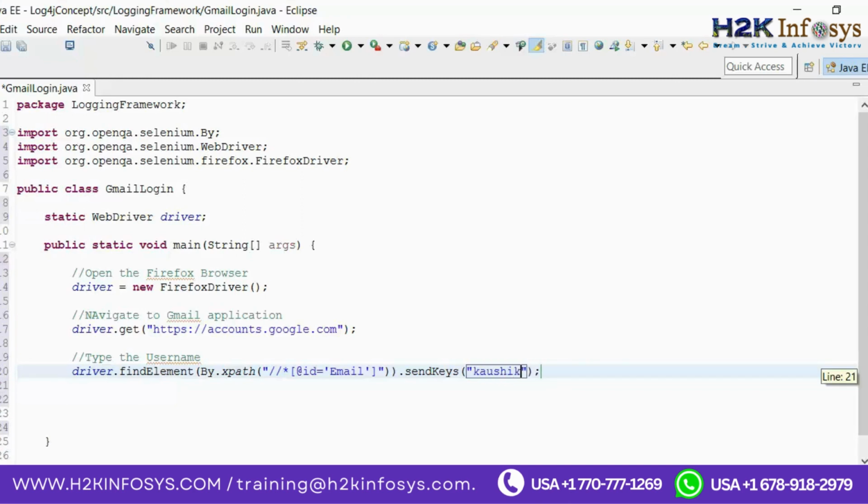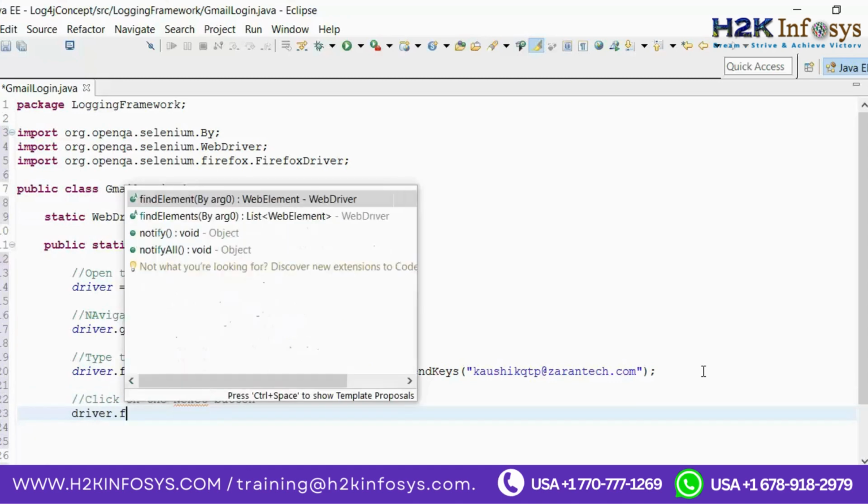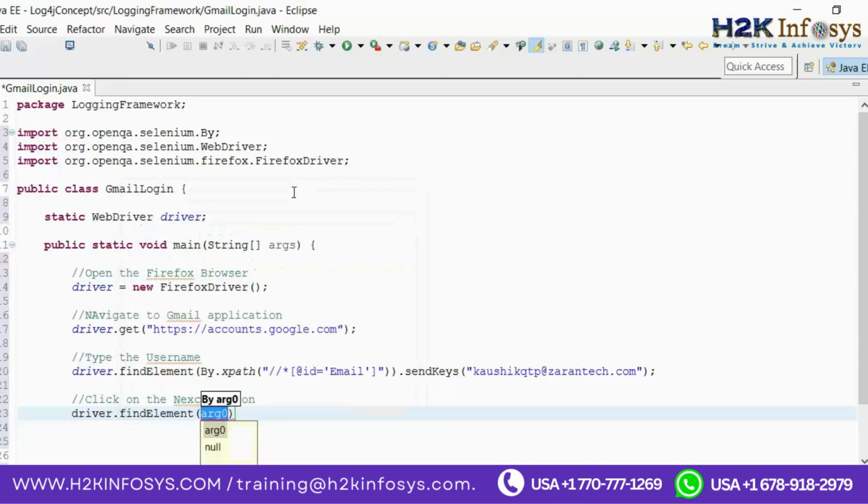Now what is the username that I'm going to put inside the sendKeys method? Kaushik qtp@zarantec.com. Done. After that, I'm going to click on the next button. So driver.findElement, the By class xpath method, and the XPath of the next button has to be taken into